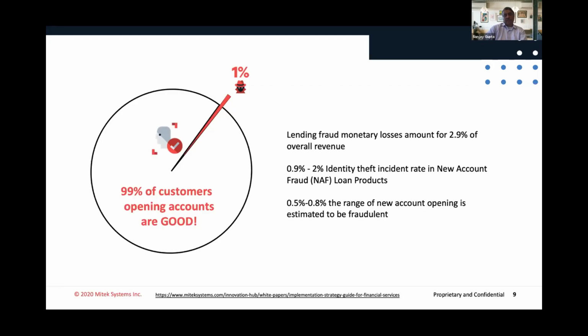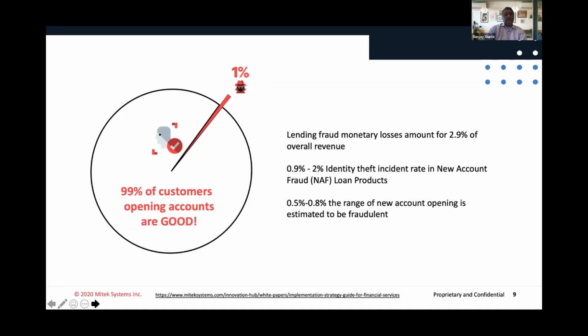And so doing some kind of analysis and looking at the different types of attacks that we see, obviously for new account, loan products, anything that's related to direct access to money, you see a lot more fraud occurring there. If it's, let's say, a marketplace account where maybe it's a product or a service that's being traded, you see less fraudulent activity there. But overall, we're talking about this fraud area is around 1% of the total that we see.